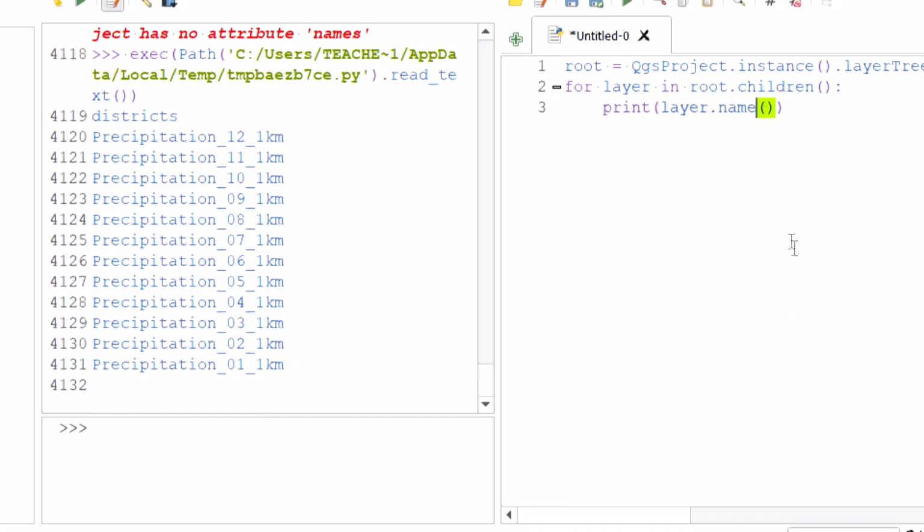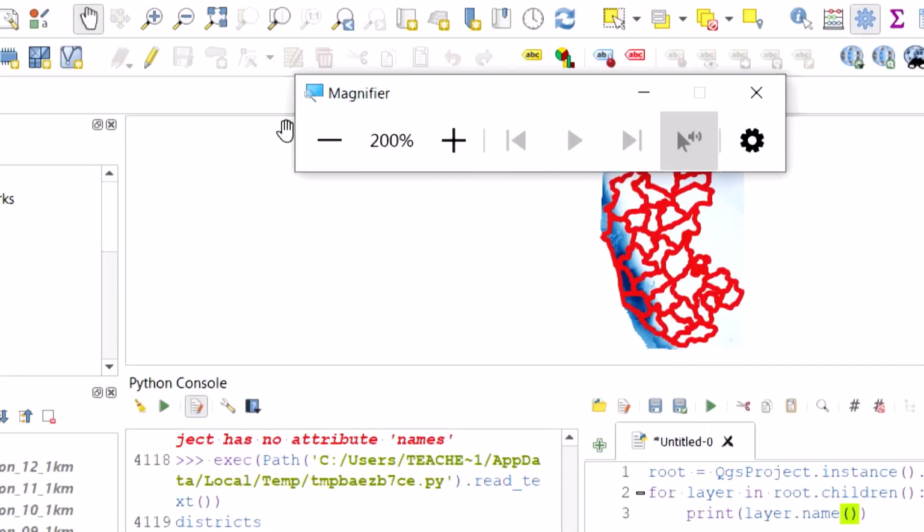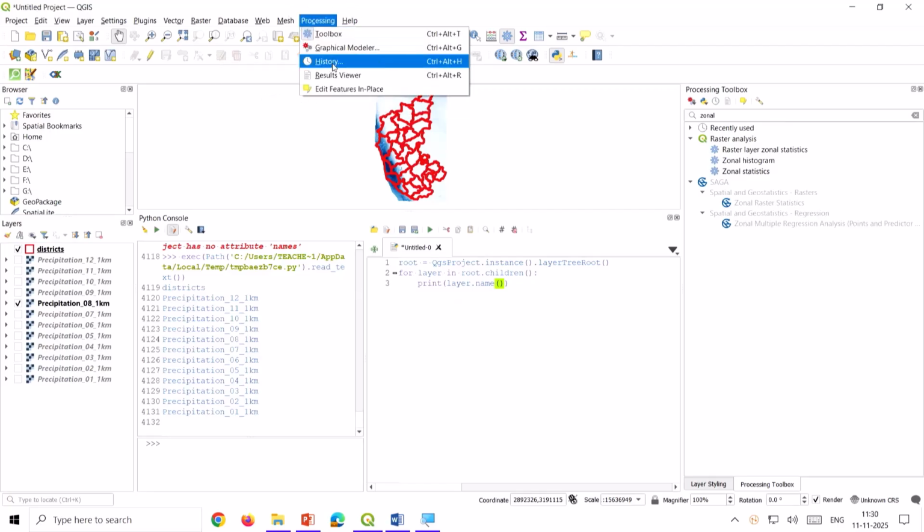So now we are going to expand on this code. What I'm going to do is run this again and again, 12 times, get the output and append it to my districts layer. Okay. Before I do that, I want to show you one thing inside Processing, called